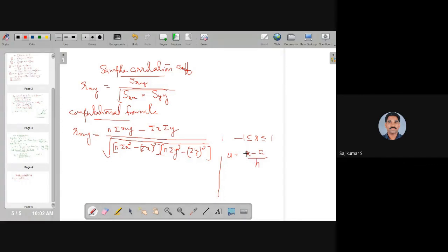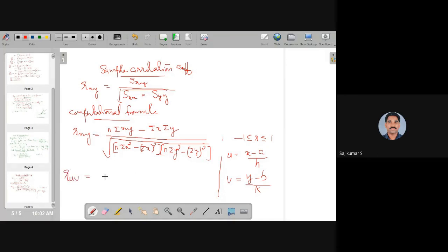And similarly, this is the general version. X minus a, that means we are shifting the origin to a and scaling down by h. So we get a new random variable, say u. And similarly, suppose the random variable v is equal to y minus b by k, again changing the origin to b and scaling down by k. Then we get two random variables u and v constructed from x and y. And the theory says that this correlation coefficient is invariant under these two transformations. So Rxy is same as Ruv.